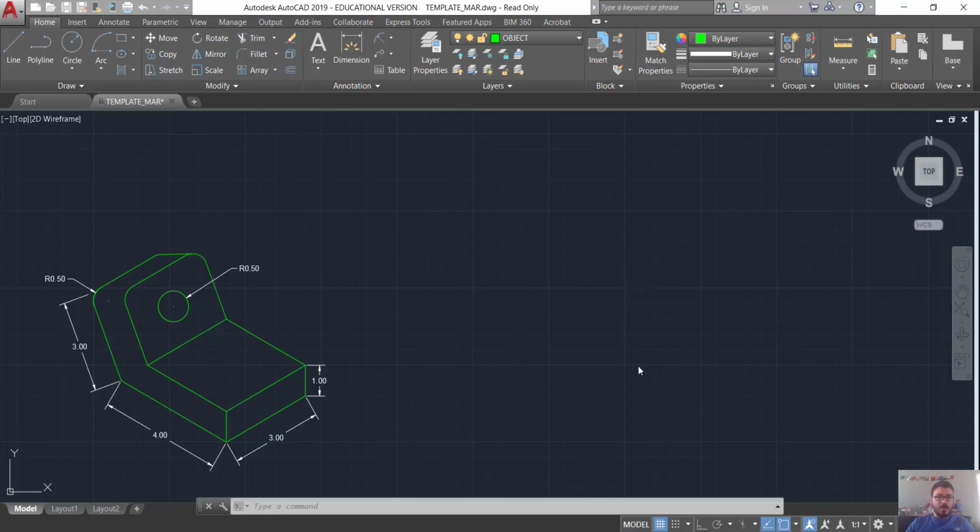Hello. What we're going to be doing is going over auxiliary views. So what an auxiliary view is, is a slanted surface being projected into its true form. All right, I know that sounds a little confusing, but if you were to have, let's say,